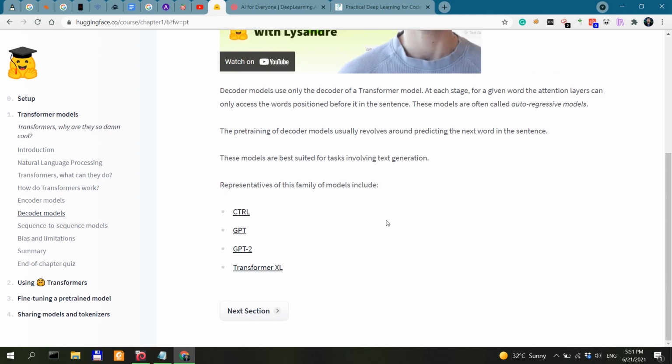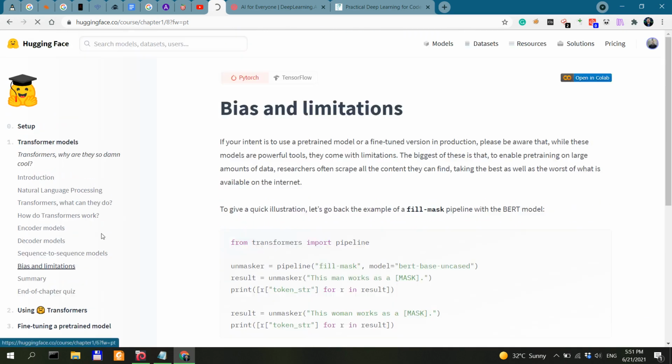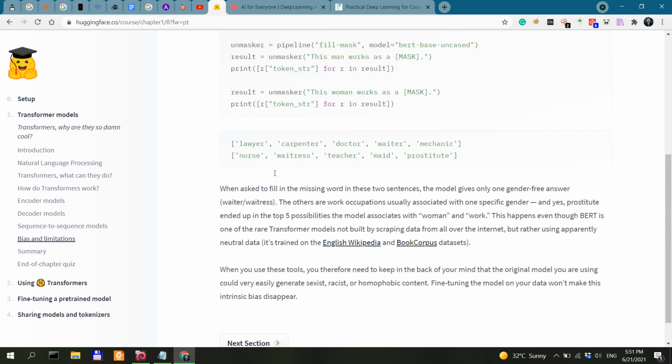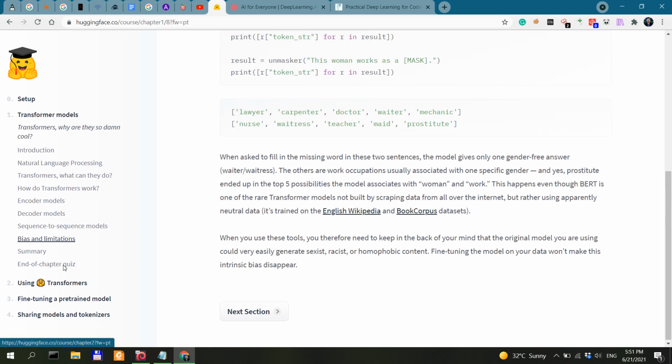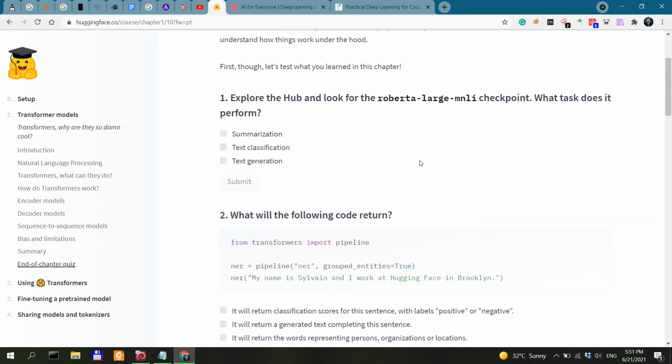We also have encoder-decoder, sequence to sequence. You have some notions about bias and limitations, and of course a summary and end of chapter quiz.